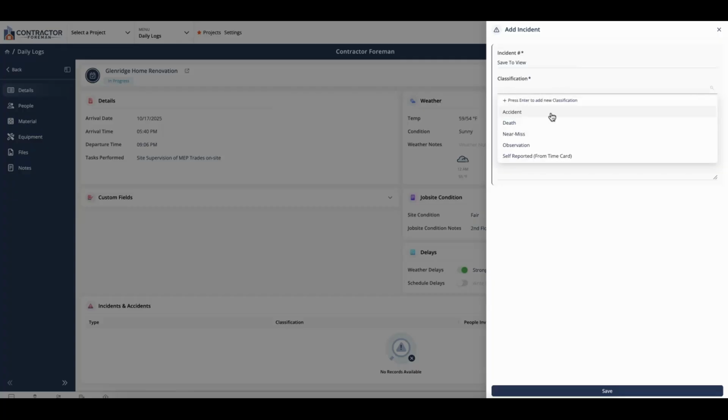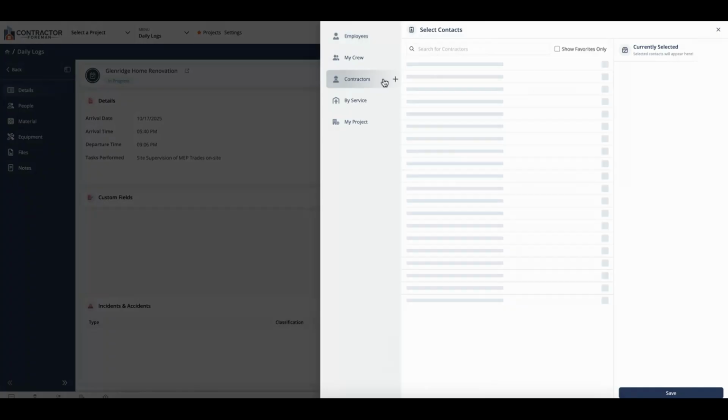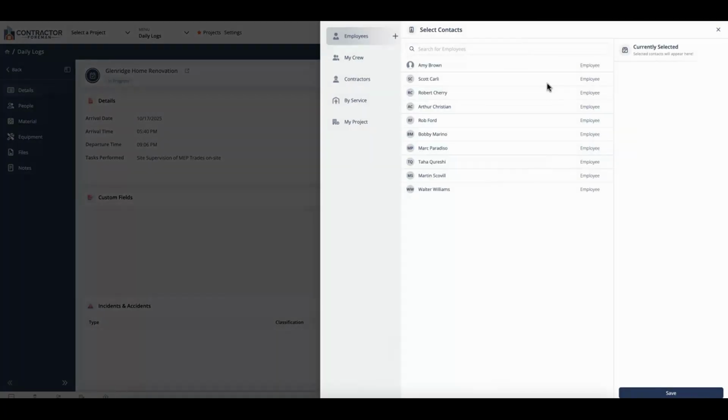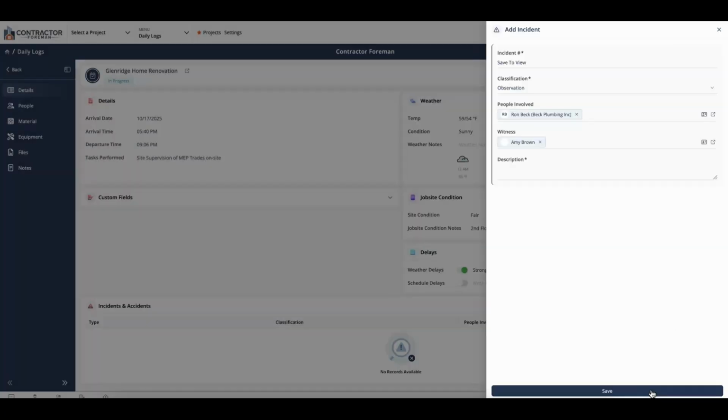And for the classification, I'll put in observation. I can put people involved, and I'll put my plumbing contractor here. And for the witness, I'll choose Amy Brown, who's the one who's noted it down and is filling out this daily log. And I can just put in plumbing contractor,